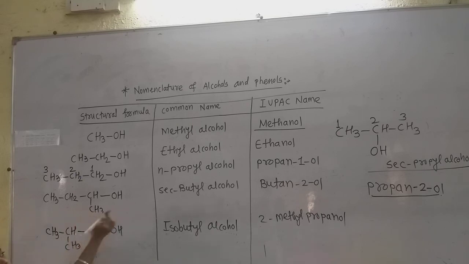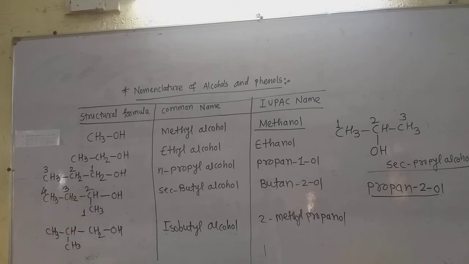Suppose this CH3 group is at this side and OH is at this side, then we consider that CH3 group as the carbon number 1. That is written only in this way. So give the numbering from 1, this CH3 group, 2, 3 and 4. Now the carbon number 2 has the hydroxyl group directly attached, and this is the nearest carbon for the OH group. So we give numbering from this side.